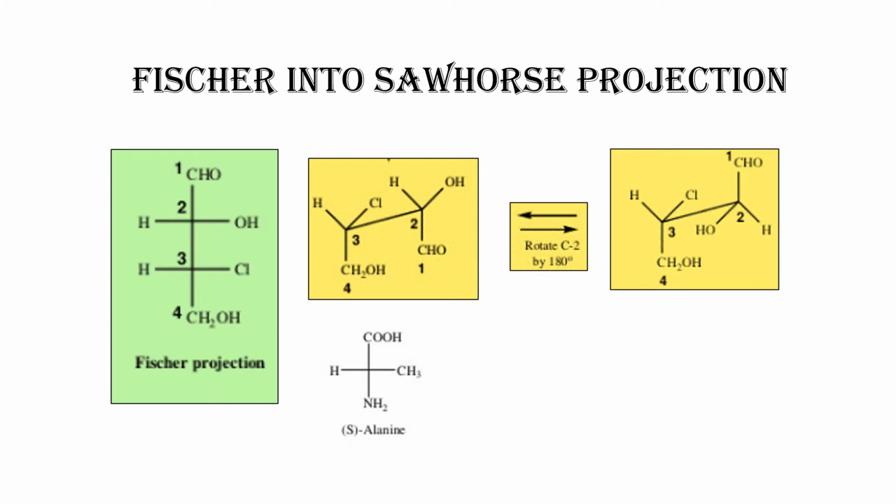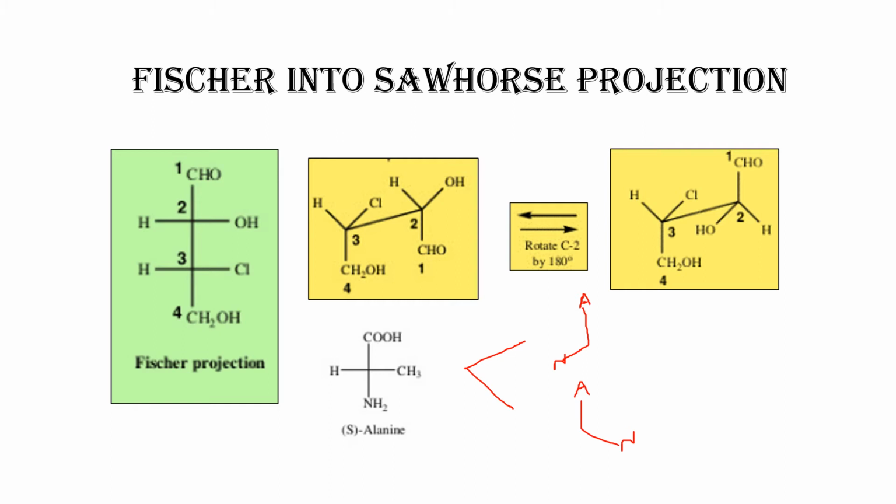The Fischer projection means, two ways I can write it. Earlier also I showed two ways. One I can show this way, another one I can write this way. This straight line I can write as a solid line this way also, and this way also solid line. This is COOH. Here the acid is there. I am just mentioning acid like this, it's not easy to write over here. Here amine is there, I'll mention this as N. Amine is there, and here CH3 is there and H is there.